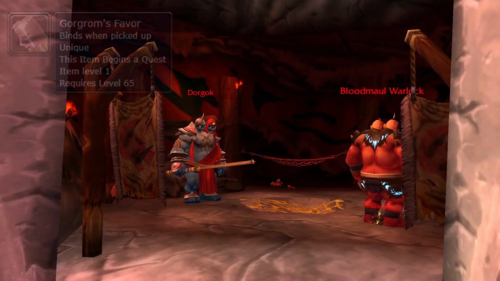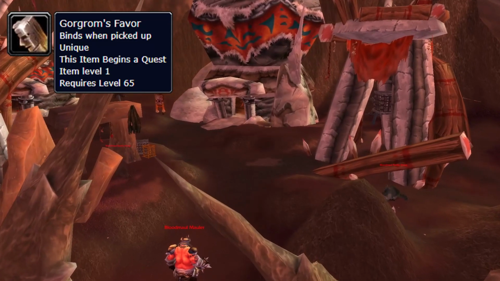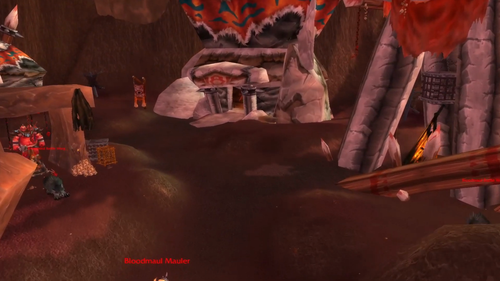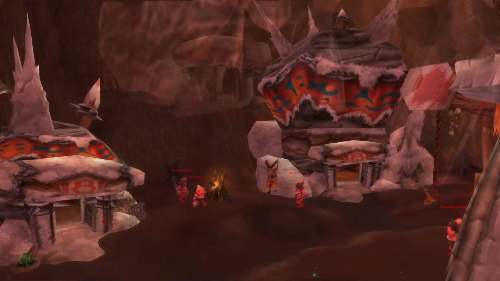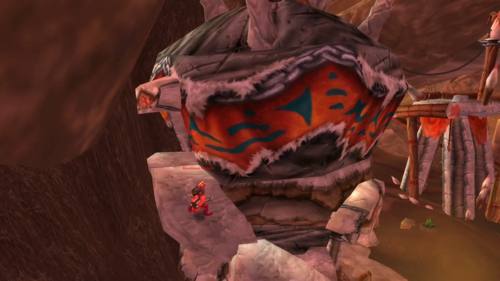quest Favor of the Gron. But you should know that the only way to get the item to drop is that you need to have the quest A Date with Dorgok, and after getting and hunting Dorgok, the item which will start the quest can drop, and at the end you can get a lot of nice XP and a really good gear piece of